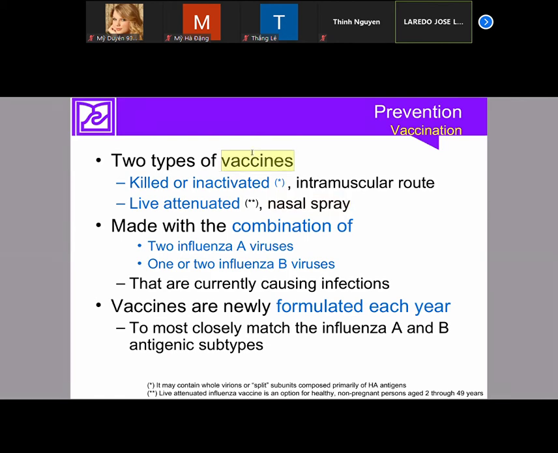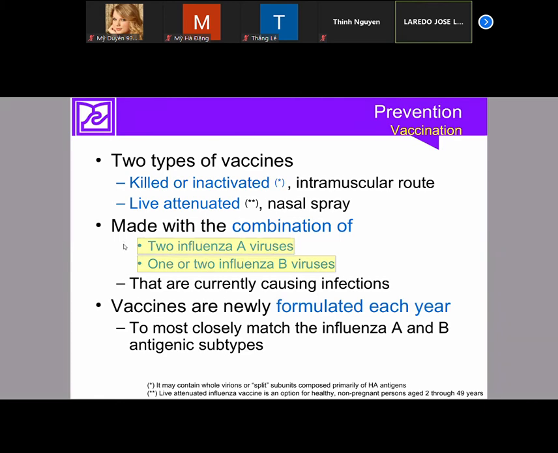These vaccines are formulated every year. So the vaccine must change every year because influenza viruses change very quickly, antigenic drifts and antigenic shifts. The vaccine contains 3 or 4 different viruses. The vaccine that we make every year contains a combination of 2 influenza A viruses and 1 or 2 influenza B viruses. These viruses contained in the vaccines